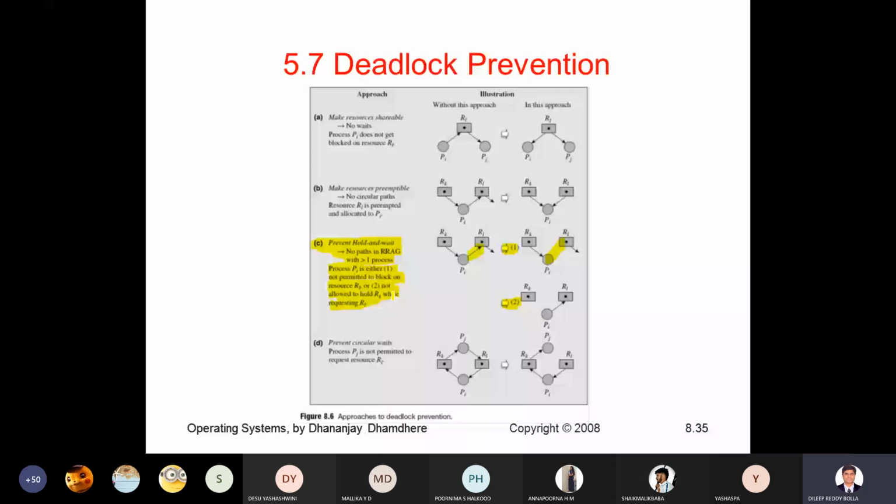See, in this diagram, either we cut down here or we cut down here. In the first case, we have cut down here. So in this process, the first case, we have cut down this. There is no link here. Whereas in the second case, you see this one, the link of this one is cut down.